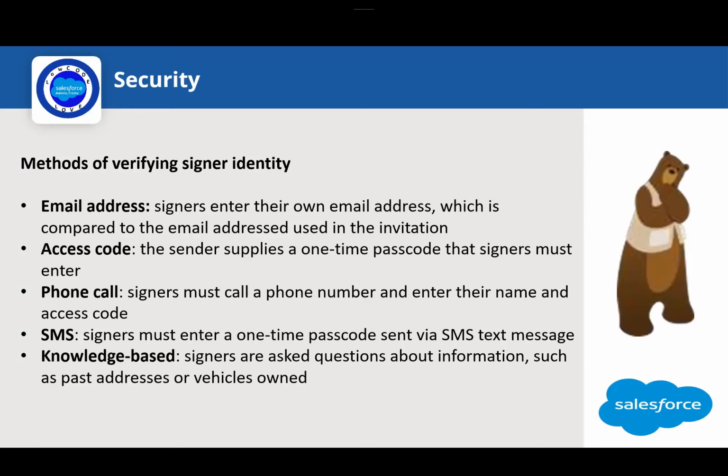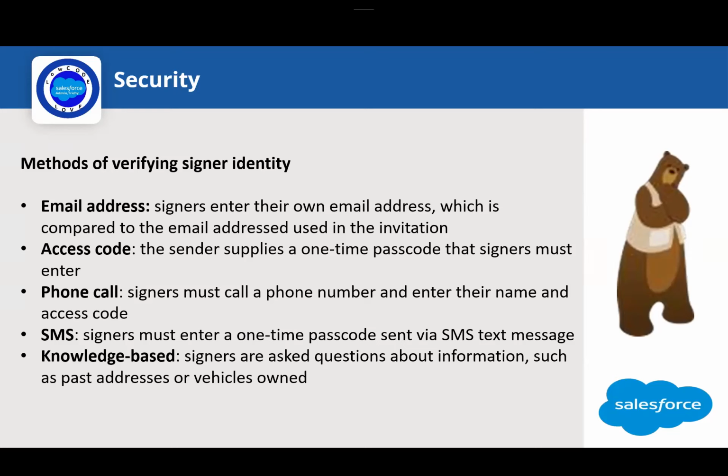The second one is the access code. I think everyone is aware of this access code. It's nothing but a one-time password. Whenever the user tries to open a document, before opening it, DocuSign will ask for a one-time password. The OTP will be sent to the registered email address, and once the OTP is verified, only then are you allowed to open and go through each and every point in the document.